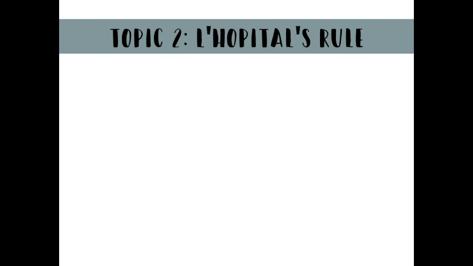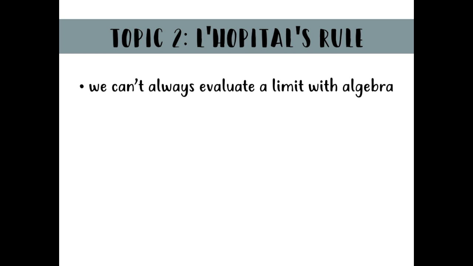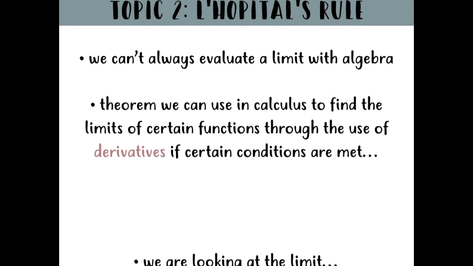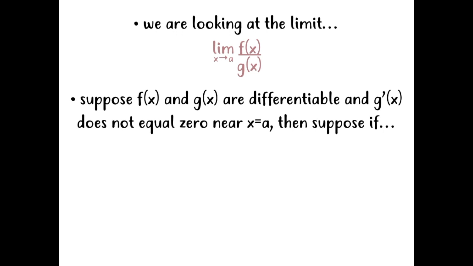Topic 2. L'Hopital's rule. We can't always evaluate a limit with algebra, so L'Hopital's rule is a theorem we can use in calculus to find the limits of certain functions through the use of derivatives if certain conditions are met. We're going to be looking at the limit as x approaches a of f of x over g of x. Suppose f of x and g of x are differentiable, and g prime of x does not equal 0 near